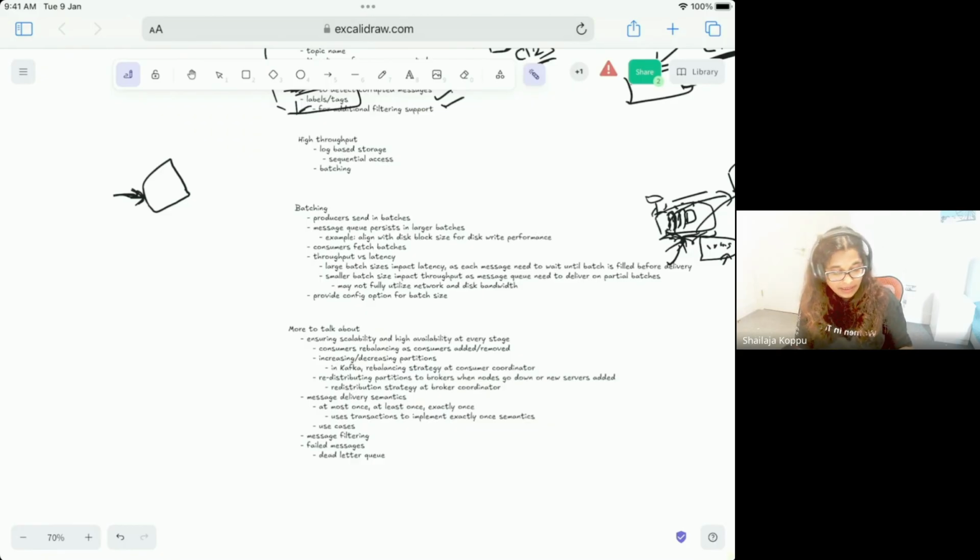It can take a really long time to just cover the high level design and a bit of the low level design. And then message delivery semantics that we can have, and how we are going to support them, and other optional features like failed messages, how we are going to detect them and move them into dead letter queues, which we just now discussed already. Message filtering is just a good to have option. So do you want me to go through this, or do you want to call this done?